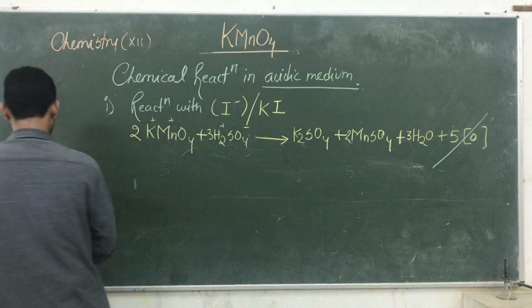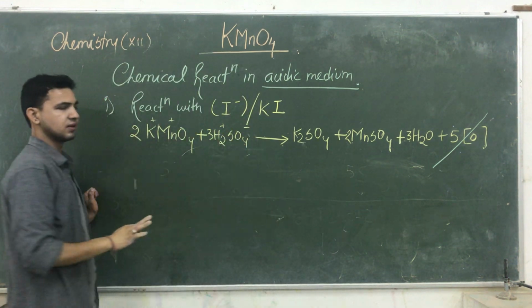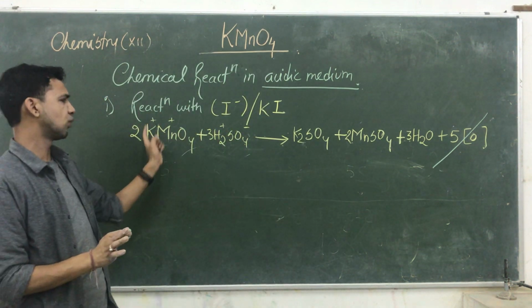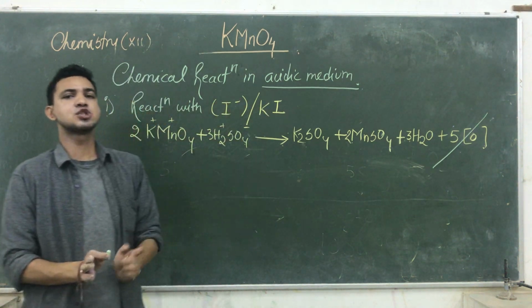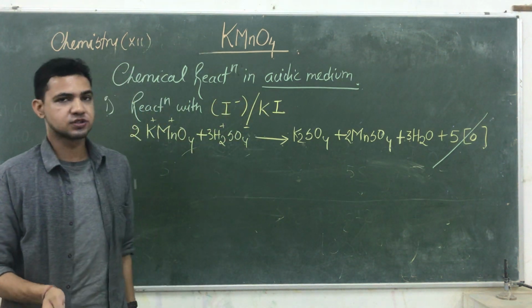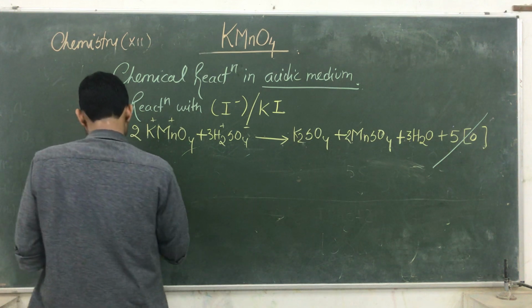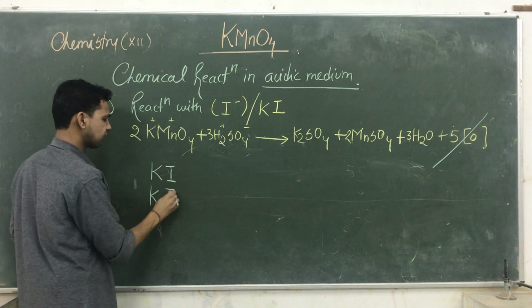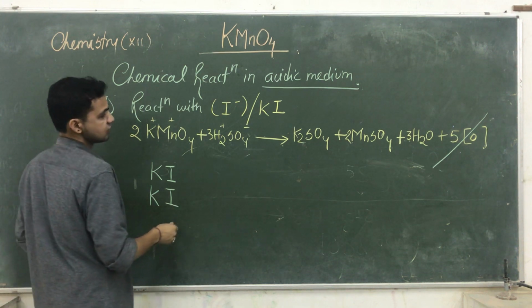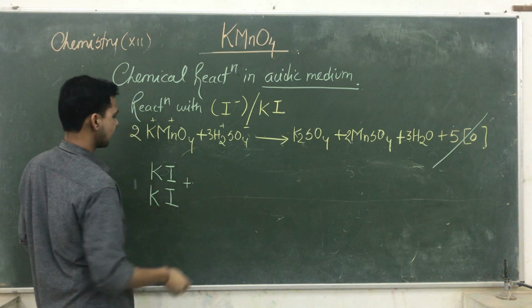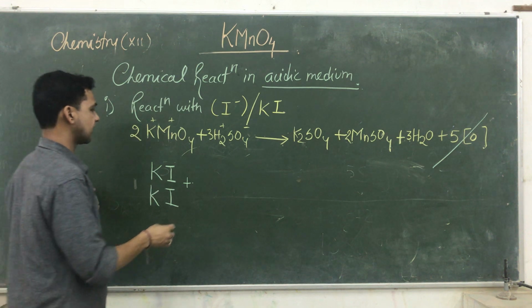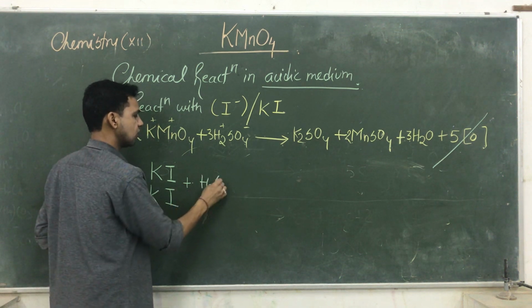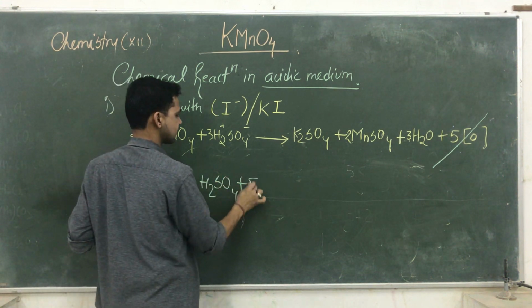Okay. In this reaction also the first step always remains same, क्योंकि KMnO4 का काम ही है कि acidic medium में dissolve होकर क्या देना? Nascent oxygens provide करना. Okay. So here we are taking KI. 2 molecules of KI we are taking here. Okay. So it is just going to react. The KI is reacting with H2SO4 in the presence of nascent oxygen.